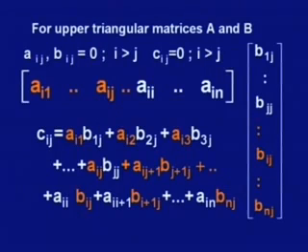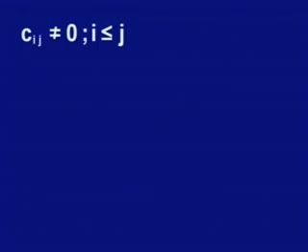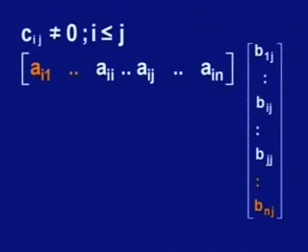Now we have to prove that on the upper triangle all the elements need not be 0. So for this purpose, to show that the element Cij appearing on the upper side of the diagonal is not 0 whenever i is less than or equal to j, we consider this element Cij whenever i is less than or equal to j.